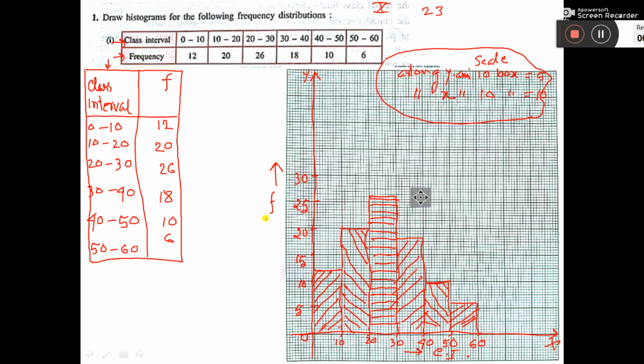First thing, you have to take one full graph sheet, not half or quarter, and you have to use this total sheet for one sum only. If you use only, let's say, this much portion on the left side of your graph sheet, that is a very bad thing. Teachers do not have a microscope to see the graph, and most teachers are aged and have eye problems. So you have to draw the graph covering the full page, understand?